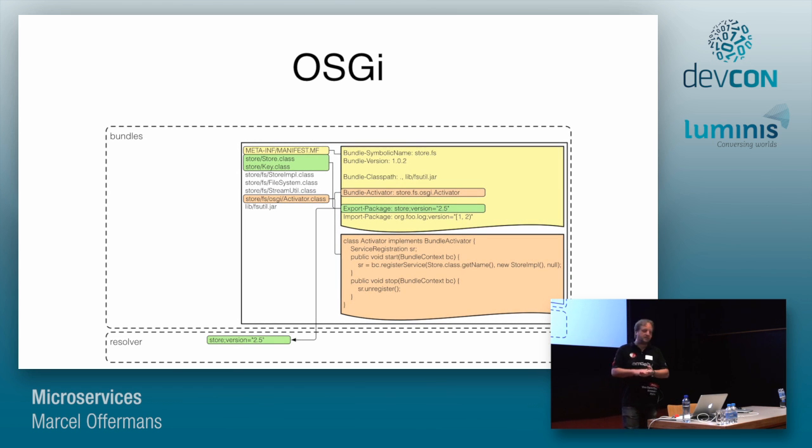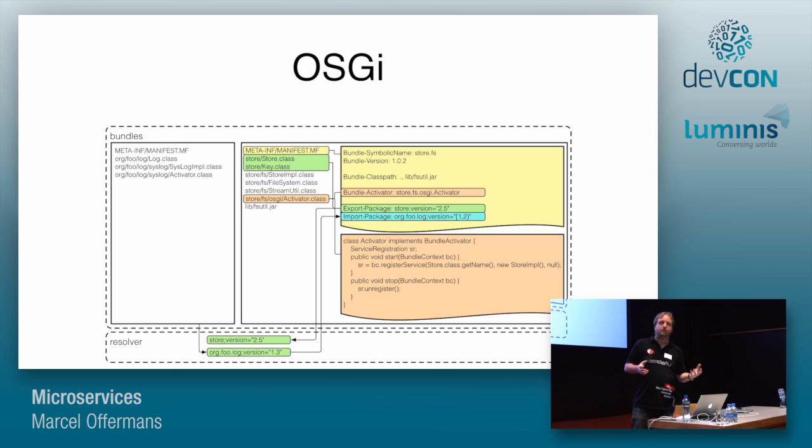I also talked about sharing code. So that's another thing you can do if you have certain packages in your bundle that you might want to share with others. Typical examples are the actual service APIs that you probably want to share with others so you're all talking to the same interface. You can do that by providing metadata that exports certain packages in a specific version. And the other way around, you can also import packages that have been provided by others and even provide a version range for those. Wiring all of that up is done by the OSGI container.